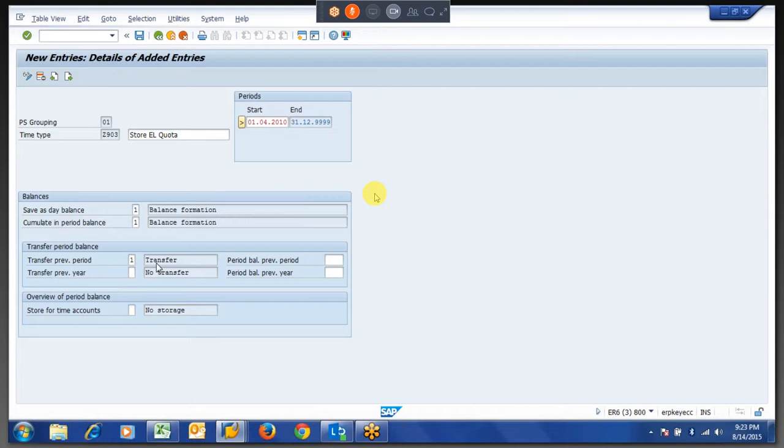So we'll do that also. If you want to transfer the same time type to the next calendar year also, you can check this. Or if you want to move to any different time type, whatever the balance is there, you can use this. And if you want to store in cluster B2 directly, the time type, you can use this. So up to here, we are going to work now.